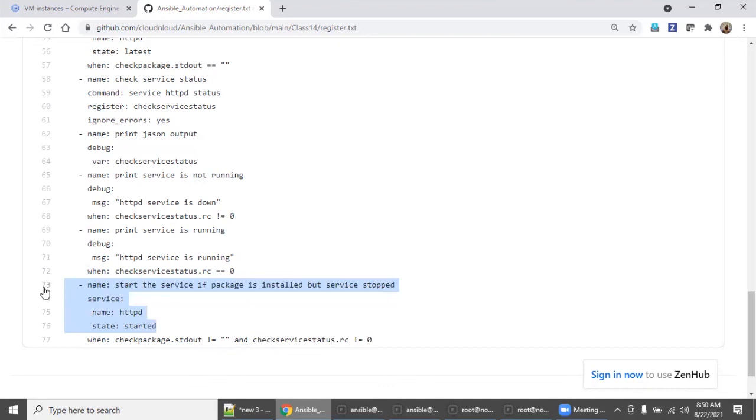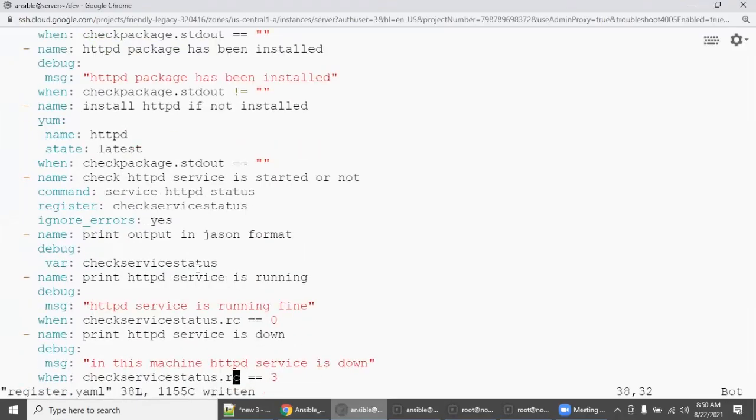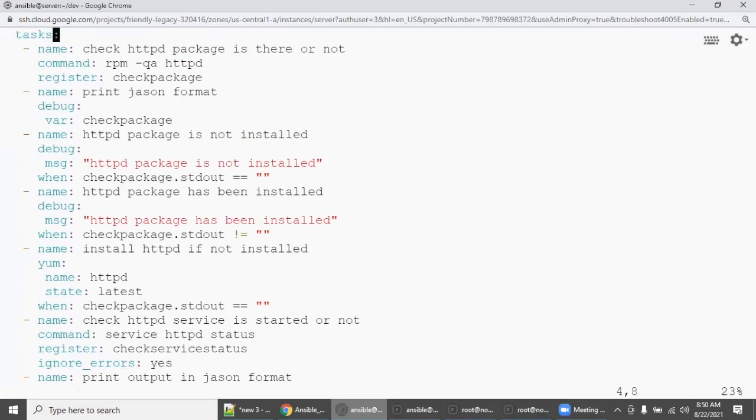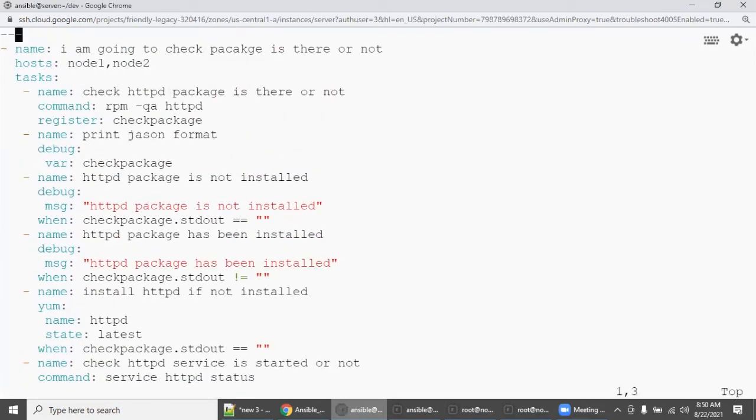This is the way you need to learn. You make some errors, some mistakes, so do this a minimum of 2-3 times, that's all. That was Ansible registers. We will discuss one more example in the next class so that you won't feel any programming fear. Stay tuned. Thanks, everyone.